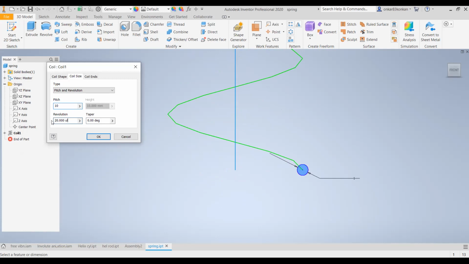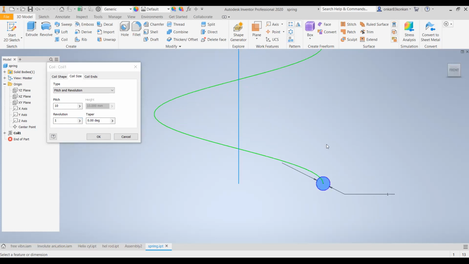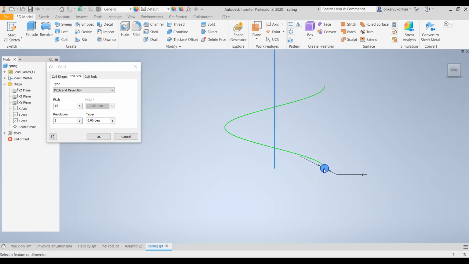So if I give revolution 1, this is the effect of the pitch. Pitch means what? For one revolution, suppose we take this point at the starting point and it is rolling around the cylinder on its surface, then from this point up to this point, this vertical height is called the pitch.